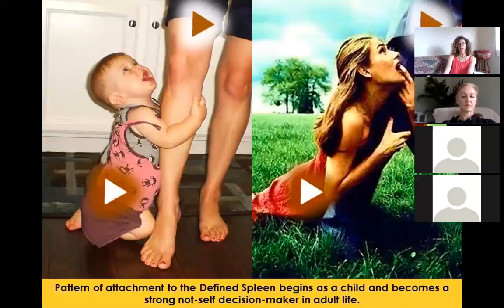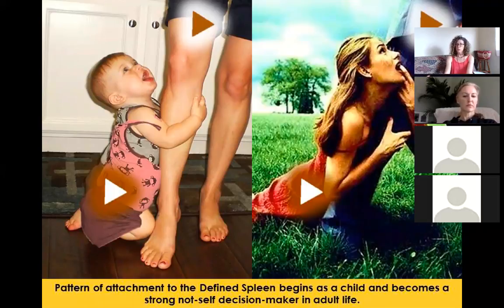People with undefined spleens tend to learn early on in life to cling to people that have the defined spleen and that bring them that sense of well-being. And so this kind of dependency can really create unhealthy relationships, or people that stay in marriages that aren't really good for them, or even in